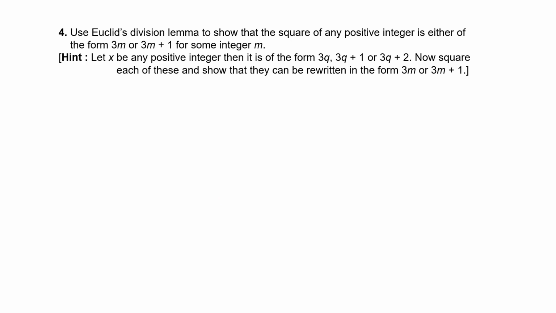So next question, using Euclid's division lemma to show that the square of any positive integer. This is also the same. The only difference is we have to find the square. So how will we start? By Euclid's division lemma, a is equal to bq plus r. Don't scold me for teaching the same thing so many times, because all the questions in the exercise are of the same pattern. Please forgive me. If you can understand, you can do it by yourself also. No need to wait for me to complete.